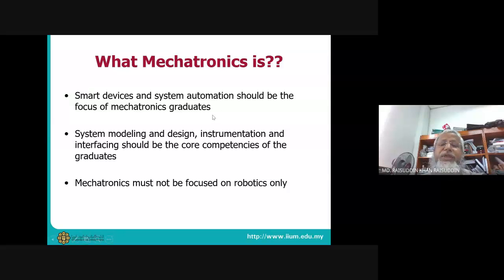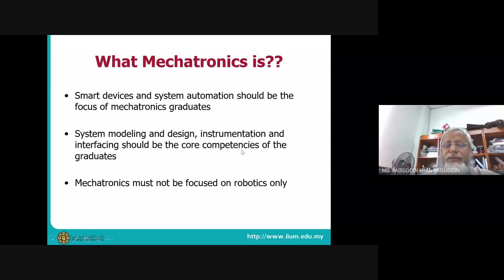So how do you integrate the different subdomains in a washing machine? You have the fluid going into the system. You are heating the water. You are rotating the drum. You are checking the cleanness of the water and deciding how long to run the machine and when to open it to take the stuff out. So you see there are decision issues, sensing issues, and actuation issues. And the device is smart. You put the stuff inside, you just switch on and say go, and it will finish its job.